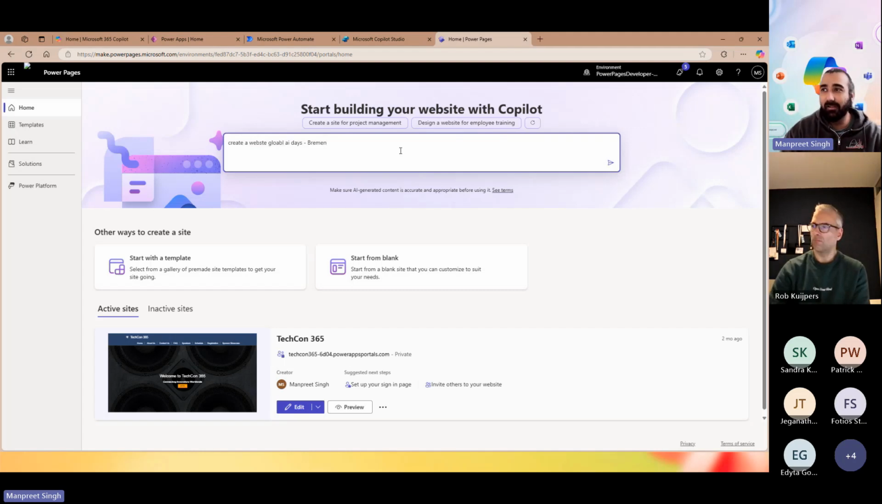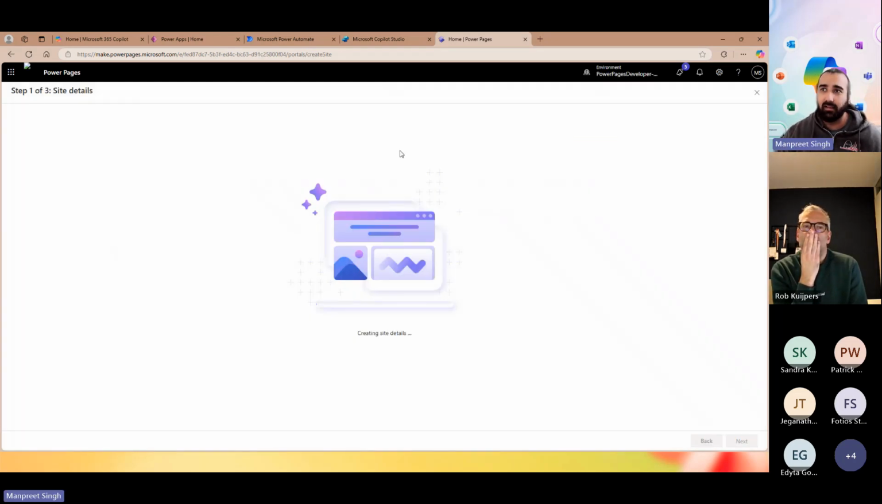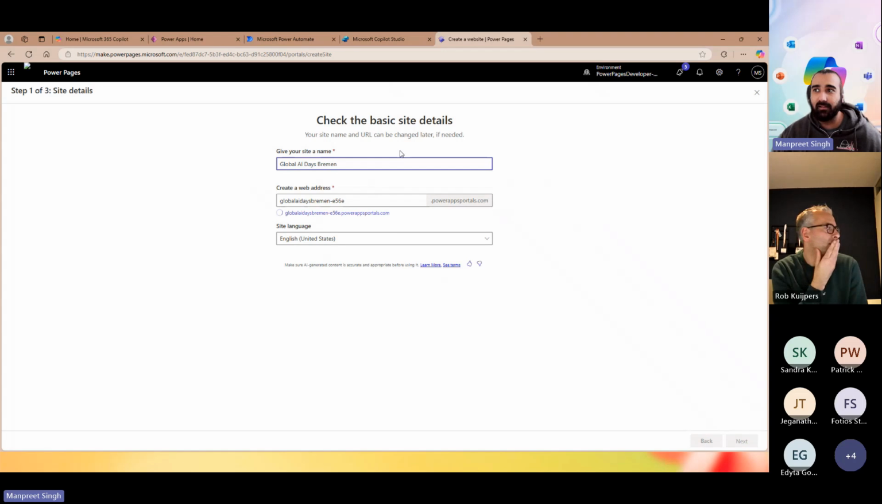Create a website, Global AI Days Bremen, which is an AI conference popular in Germany. Have a nice layout for speakers and sessions. All right. Simple one-liner. If Sandra has to give me that information, hey Manpreet, I need a website, I'm going to think about what I need in my website. Here, I don't need to. It provides me a name,